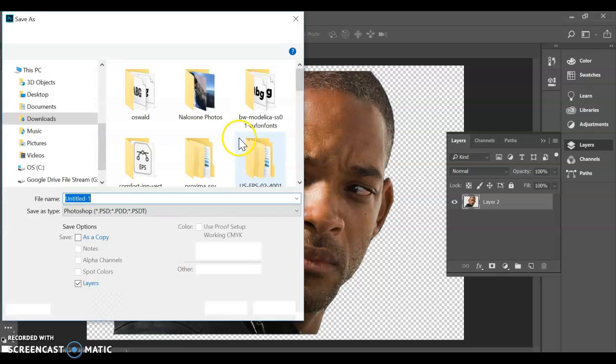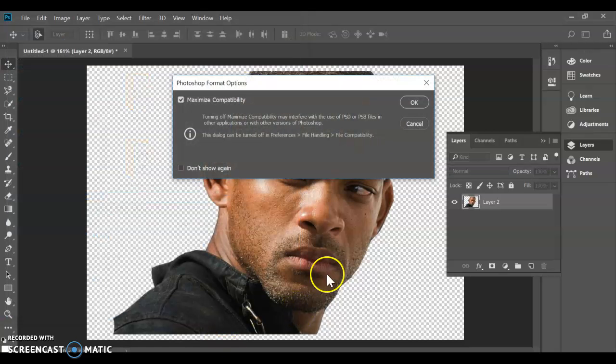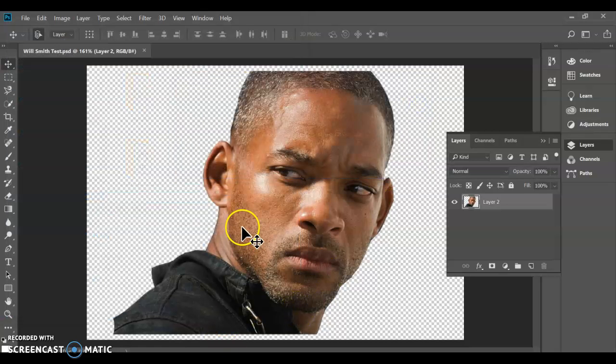File, save as. Will Smith test, okay? Yes, we're going to save it. All right, now before I show you how to bring it into Illustrator, there's a few more things that I'd